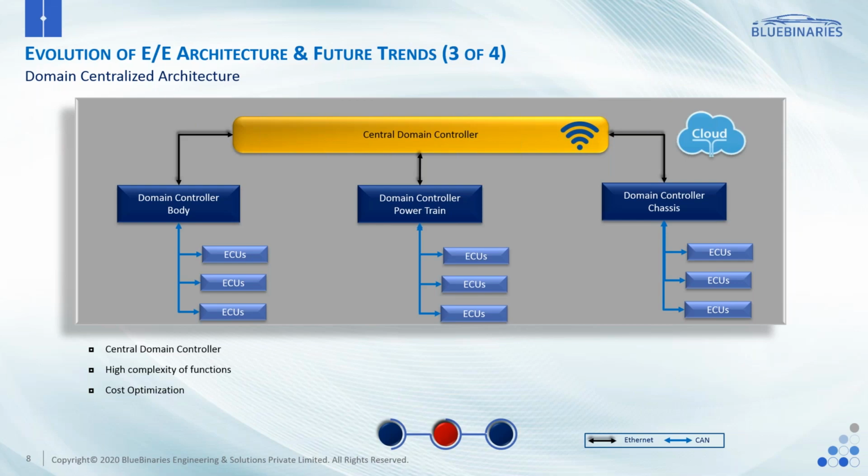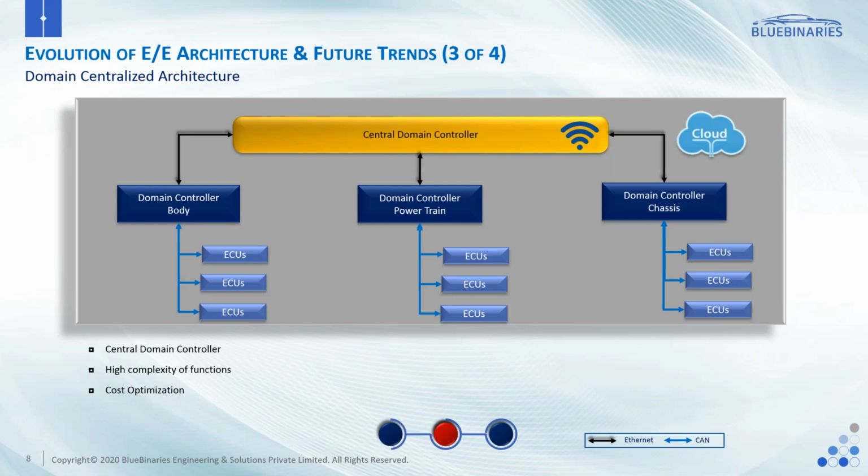And then with this, the cost of overall implementation or the cost of optimization will significantly reduce, because the domain controller itself is now able to handle most of the functionalities within that domain and manage the ECUs connected to the networks under that domain controller. And for these to handle, Ethernet is now slowly becoming the backbone. So Ethernet is acting as a major communication